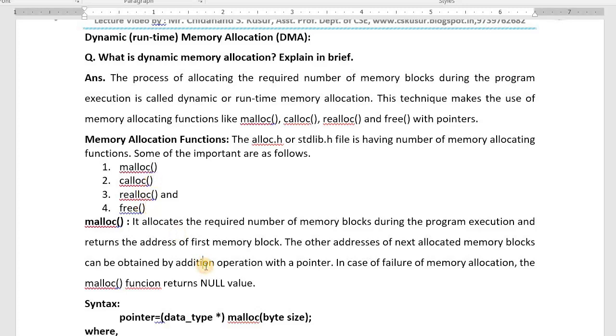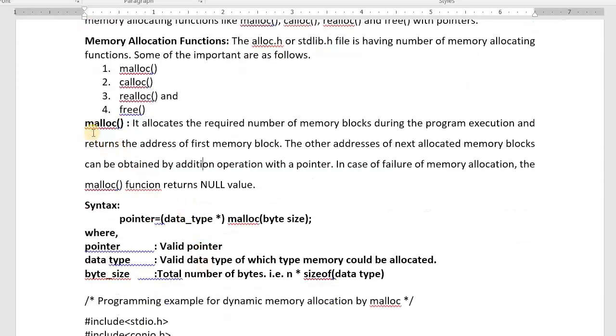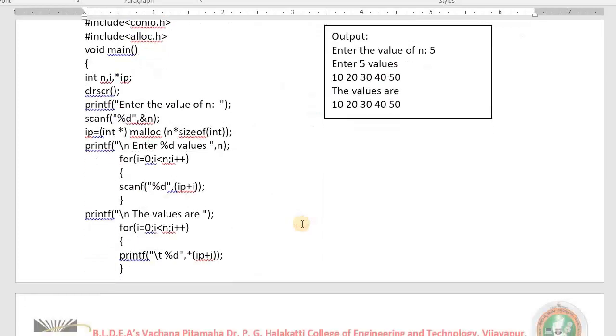First we discuss malloc. Malloc: M stands for memory. Allocating the computer's memory during program run, that is the function of malloc. What is the syntax of it? We need one pointer. Next, the data type is a must, the asterisk is a must, malloc is a must. How many bytes do we allocate? That is very important. See the example, you will come to know.